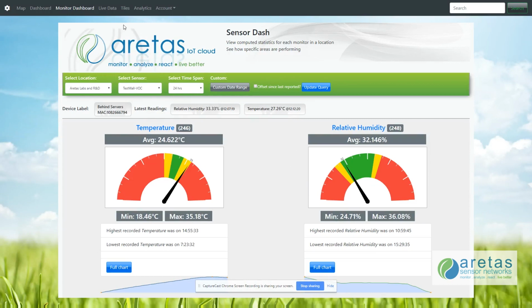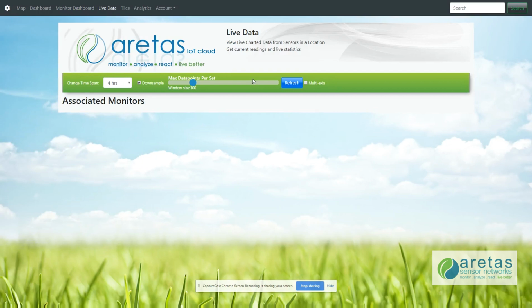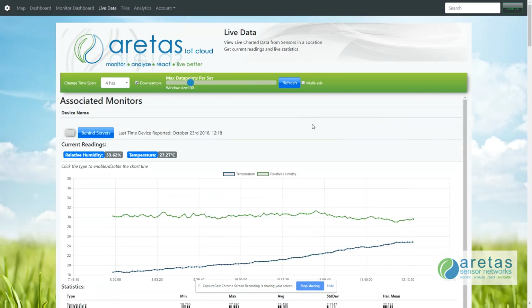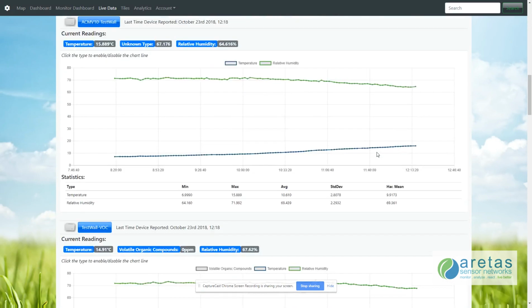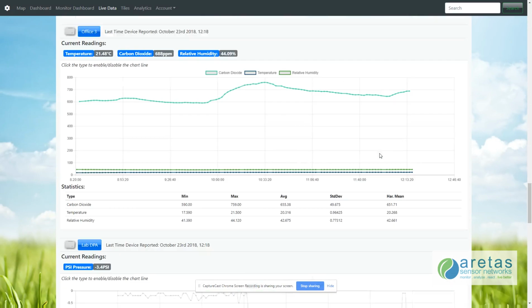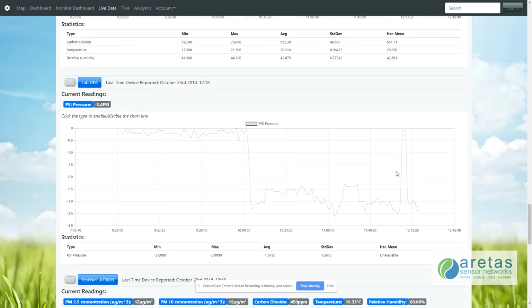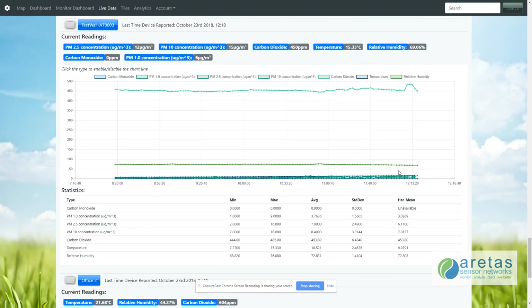Next, let's look at the live data page. The live data page lets you see the recent data from all your sensors and up to 7 days of historical data. Statistics for the period are computed in real time and displayed below the chart. Even queries generating tens of thousands of sensor data points are almost instantaneous due to the sophisticated time series database system. In the chart, you can click on a sensor type to remove or add it back to the chart